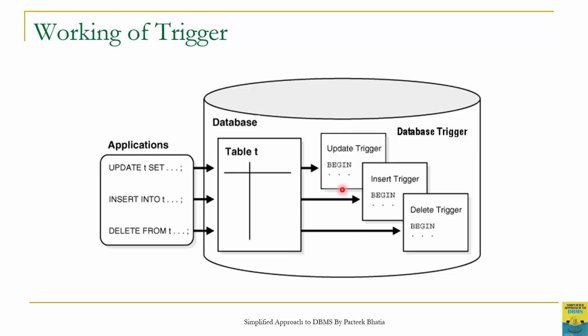In case of procedure, we have to invoke or call that code. But in case of trigger, there is no need to call the code explicitly. It automatically gets called when the corresponding event, for example update, insert or delete, is performed on the table. It is also important to note that a trigger takes no parameters, while in procedure we can also pass parameters.